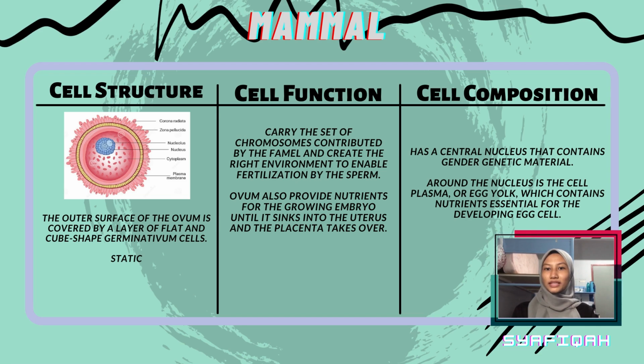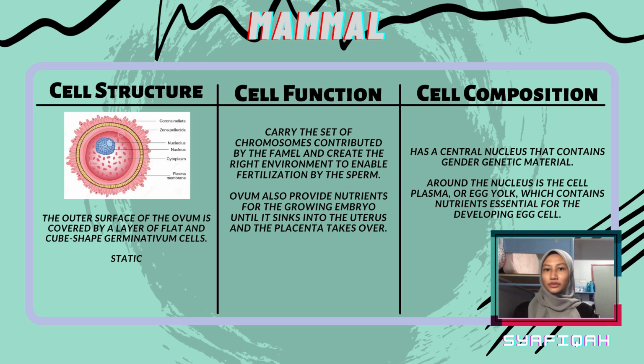Next, I'm going to present about mammal female reproduction. Cell structure. The outer of the ovum is surrounded by a layer of flat and cube-shaped granulosa cells, and it is static. Cell function: carry the set of chromosomes contributed by the female and create the right environment to enable